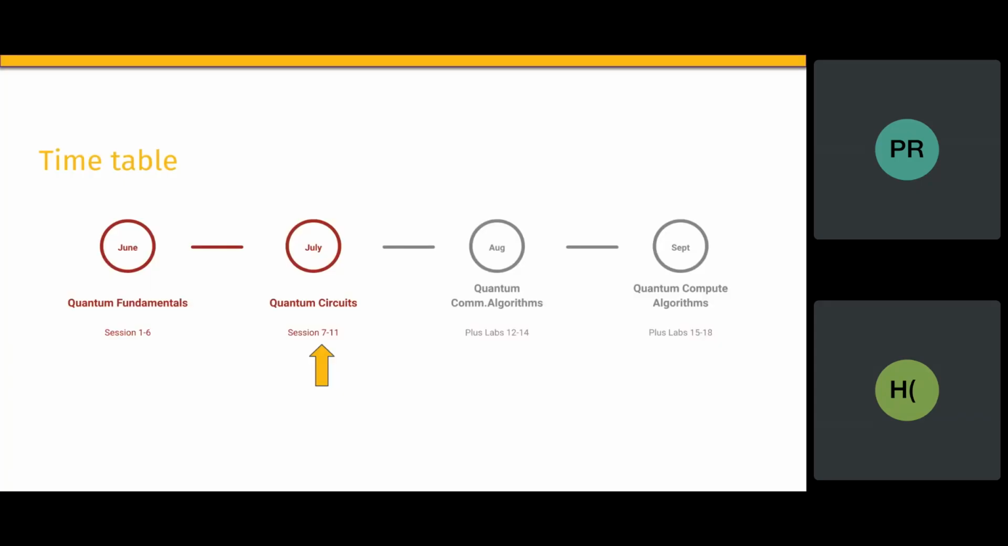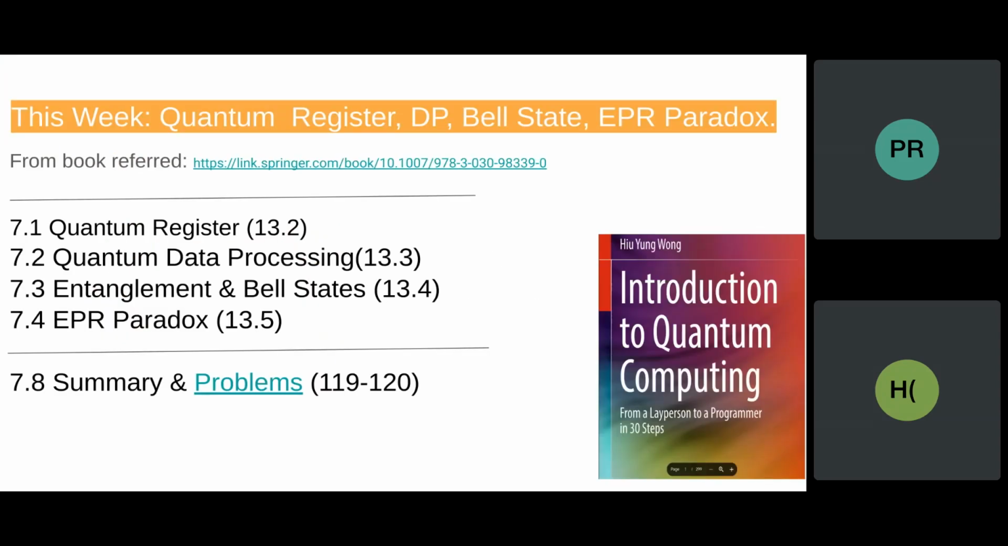So we had said that we'll complete June, July, August, September in 4 parts. Quantum fundamentals we covered in the first 6 sessions. Now, on the seventh session, we are starting with quantum circuits, and this is also a time to recap what we did earlier and ensure that we have a proper understanding before going into the quantum circuits and algorithms, both computer and communications. So let's start this week with